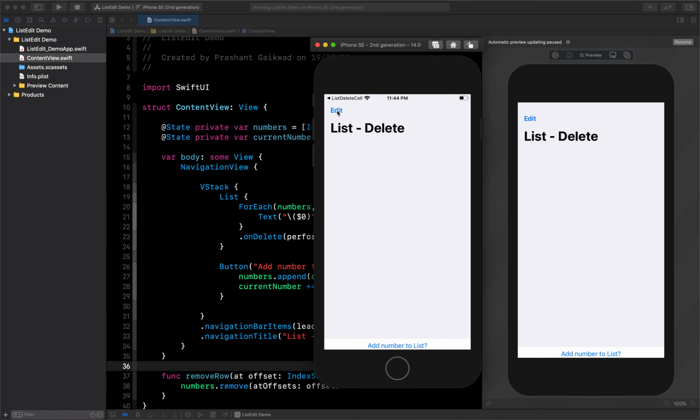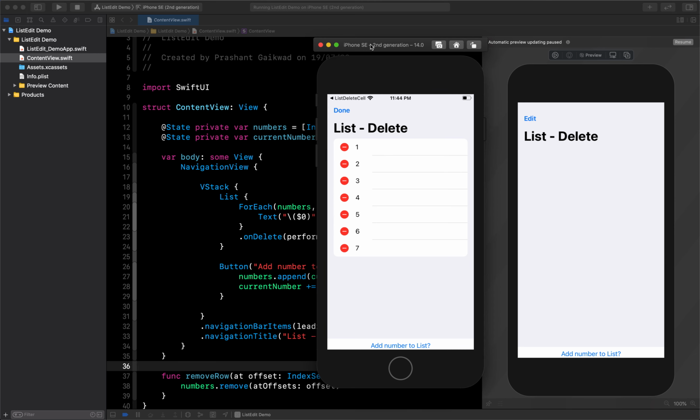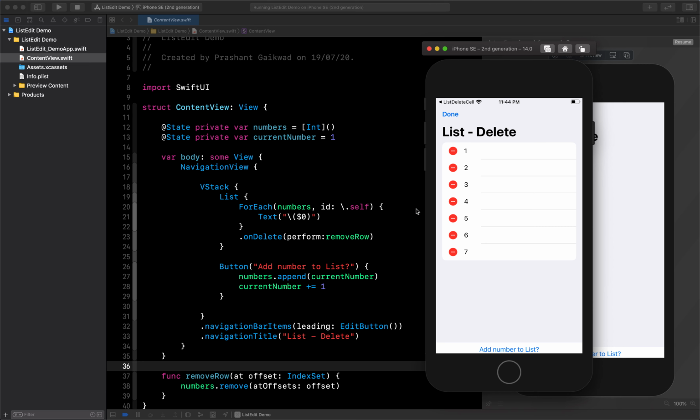Okay, so here is our project, and now I will first add the elements to the list. And now when I click on the edit option, you can see it is now giving me these options because I have added this on delete modifier here. Now if I want to delete, suppose for example the third row, if I delete it, it gets deleted, and if I close it and reopen it, it still has that data. So now you can delete the fourth row, and then if you click on done, it will remove that part. So this is how easy it is to delete rows from the list using this edit button feature. And you already know how to add data to the list.